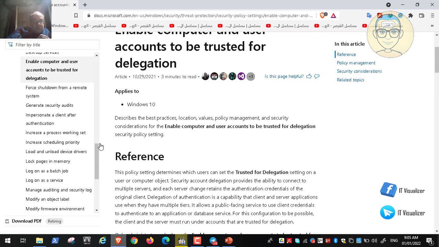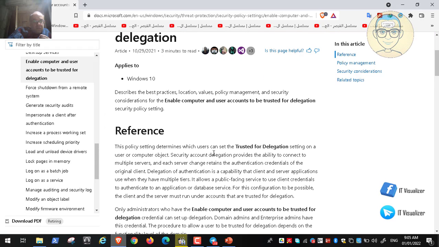Okay, here we can see that with this policy, the user can set the trusted for delegation setting on a user or computer object. Security account delegation provides the ability to connect to multiple servers, and each server change retains the authentication credentials of the original client. Delegation authentication is a capability that the client and the server applications use when they have multiple tiers.